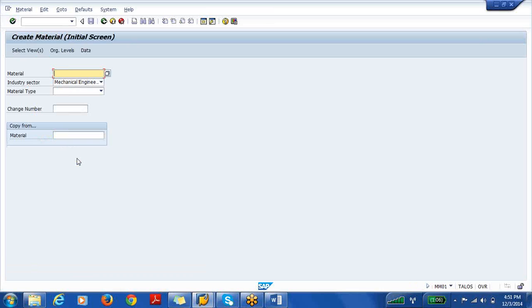Then it is going to come back here and ask you what type of material you are going to create. So go to the drop down, and from here you can select raw material, finished material, and so forth. Okay, so I'm going to create a finished product,